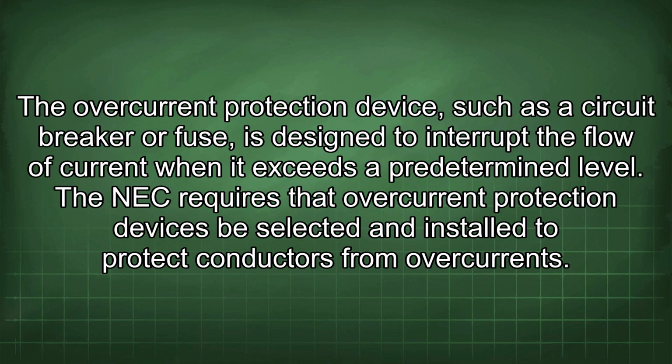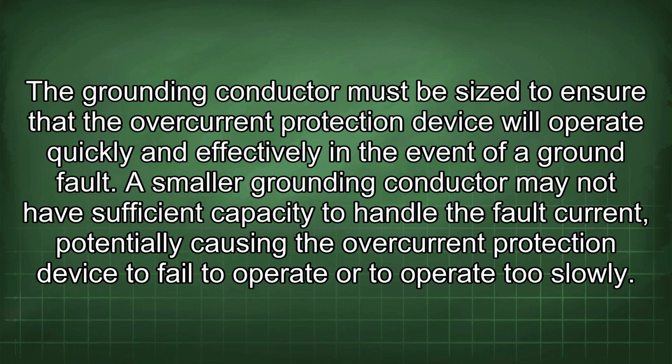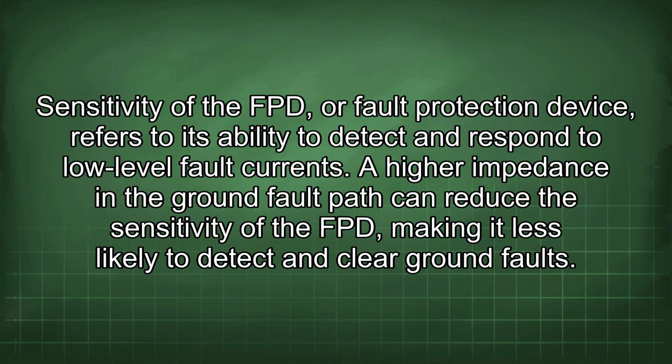The overcurrent protection device, such as a circuit breaker or fuse, is designed to interrupt the flow of current when it exceeds a predetermined level. The NEC requires that overcurrent protection devices be selected and installed to protect conductors from overcurrents. The grounding conductor must be sized to ensure that the overcurrent protection device will operate quickly and effectively in the event of a ground fault. A smaller grounding conductor may not have sufficient capacity to handle the fault current, potentially causing the overcurrent protection device to fail to operate or to operate too slowly. Sensitivity of the FPD, or fault protection device,